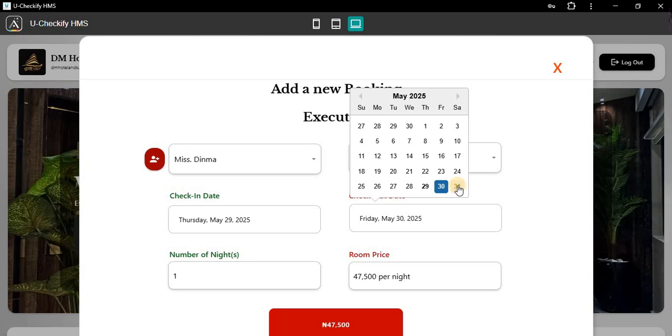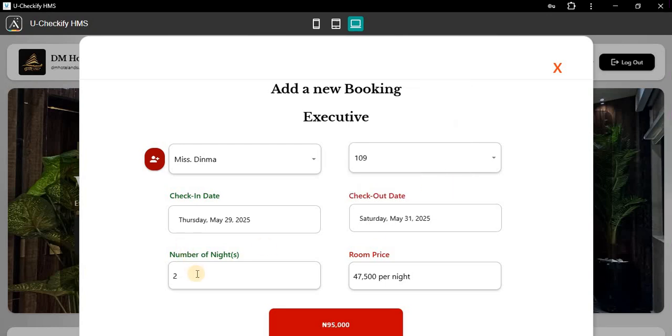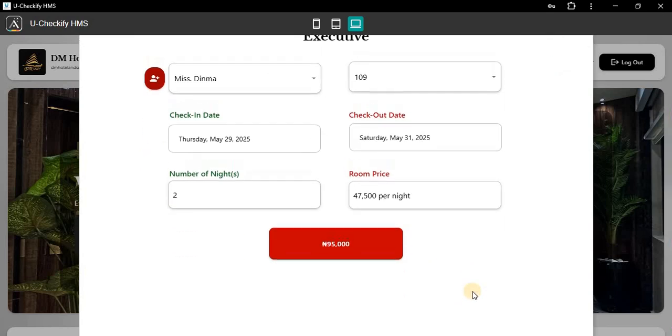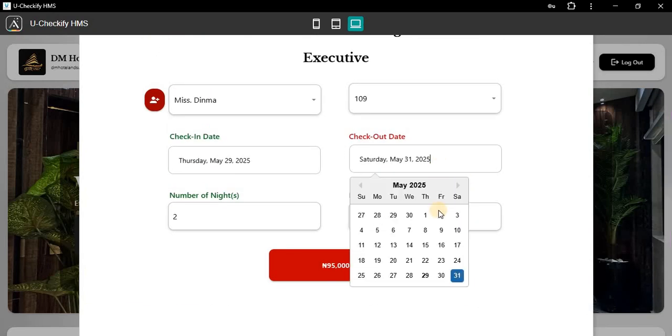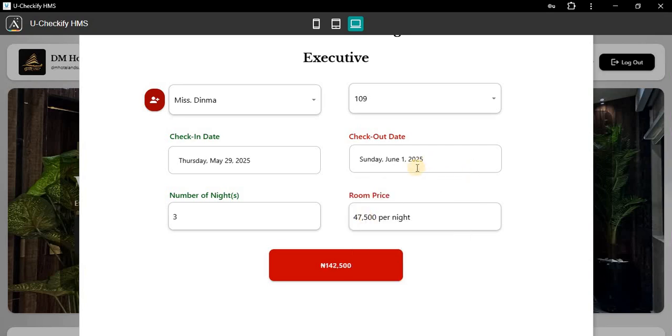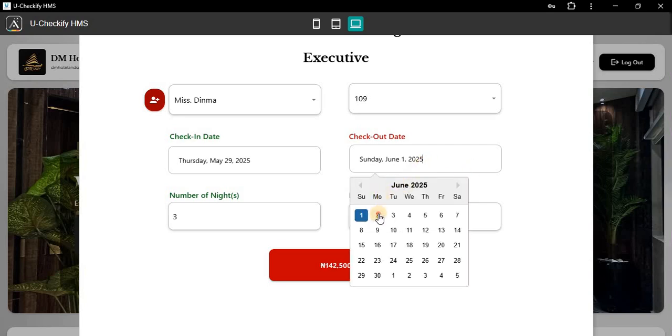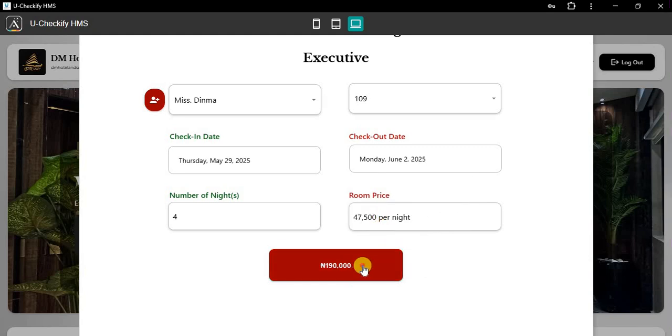So if we select Saturday, automatically the system shows you that it is 2 nights, and at this rate of 47,500 we get the total at 95,000. So the system automatically calculates what the total is going to be, and then we can even set it to maybe a further date, or even Monday morning checkout. So once we click on submit,